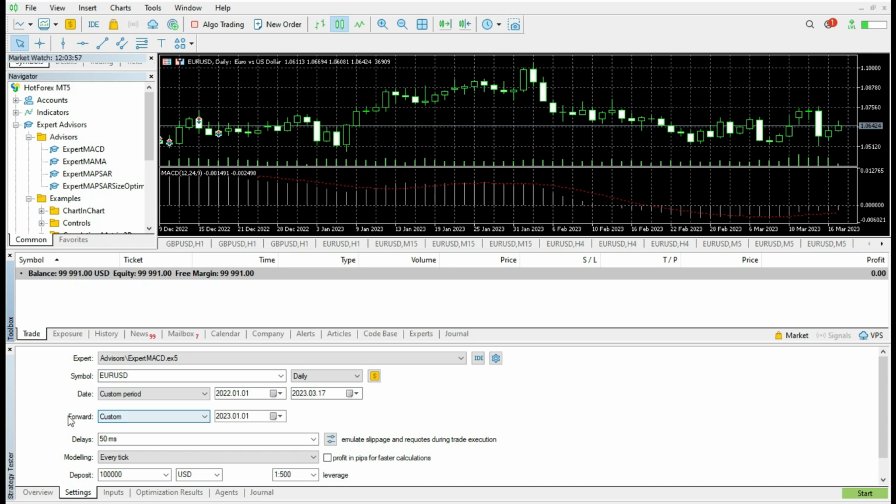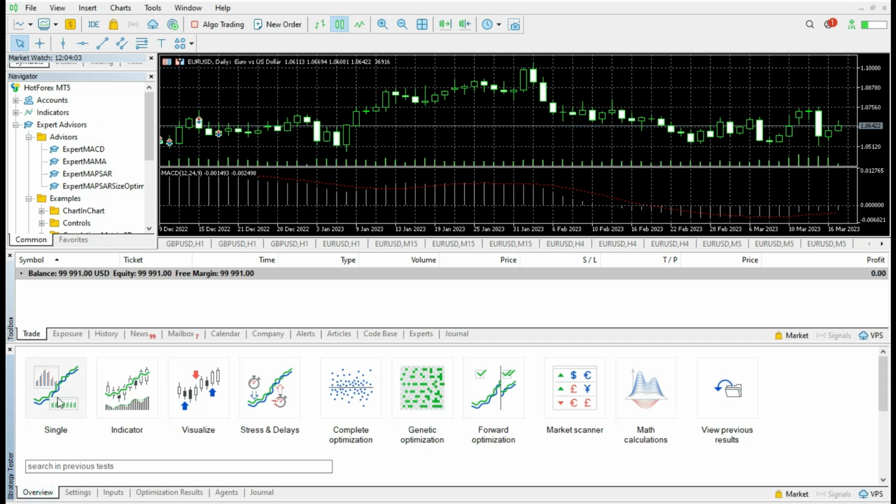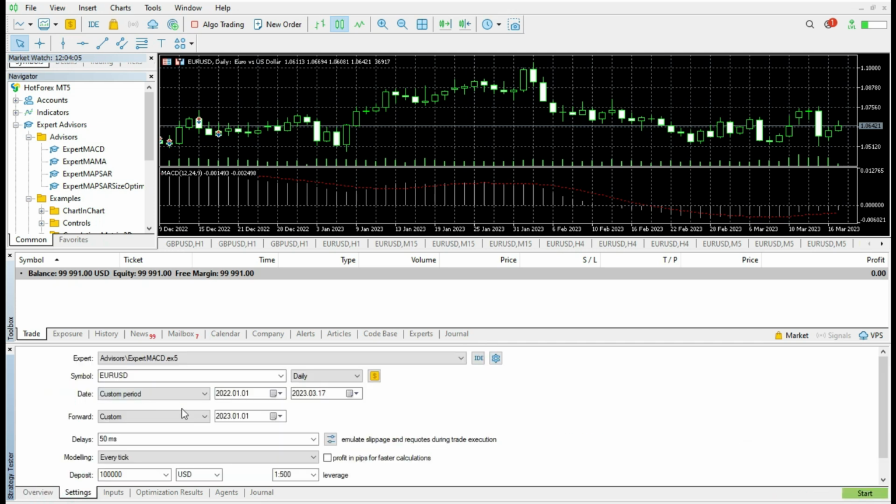Very often as a trader you can try to backtest your strategies. And if you go in overview and pick a single expert advisor testing, you will see this forward option. A lot of traders and people ask, what is forward? People think, oh, this is something for future, and very often do not understand the meaning of this option in Metatrader 5. And I know the definition is different on various websites, but I will try to give you a very